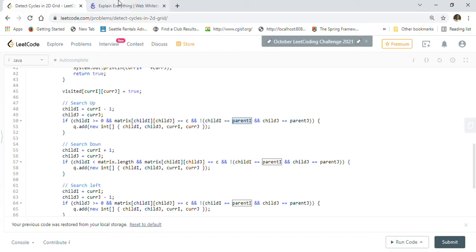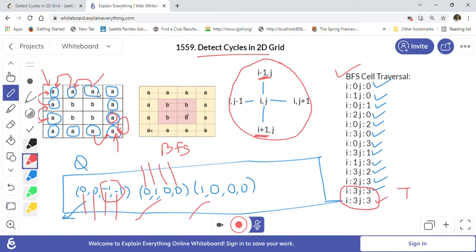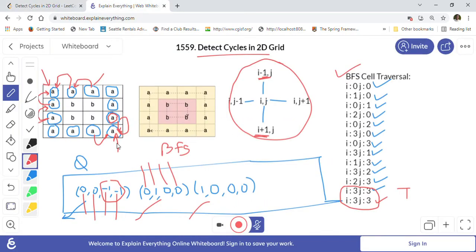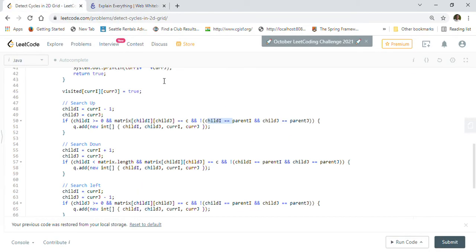So these values should not match basically. So that's what we have to check here. So this is the child i, minus 1, minus 1, so this should not match the current values, where we are going to visit, right? So that's what we are checking basically.